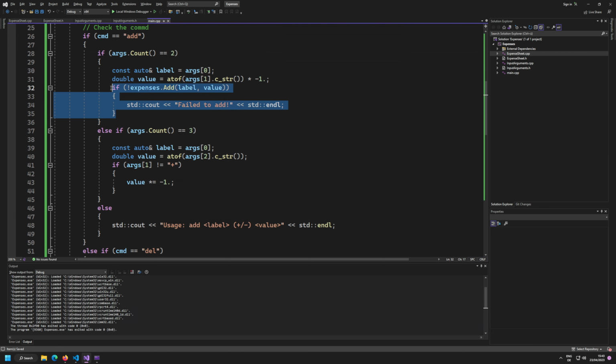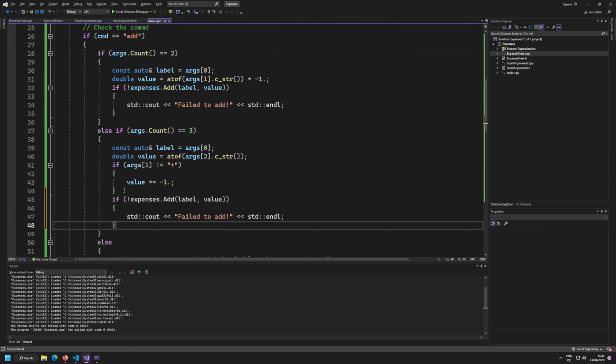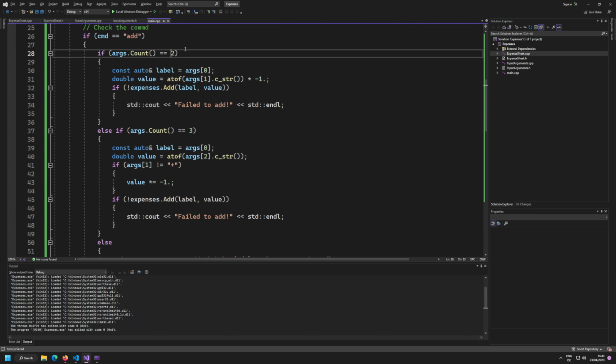And then it's just a matter of copy and pasting this over. This also means that we could have made this with a lot less code duplication. Maybe we should have done this. Maybe let's say if it's that or args count equals 3. And then we're basically going to have a